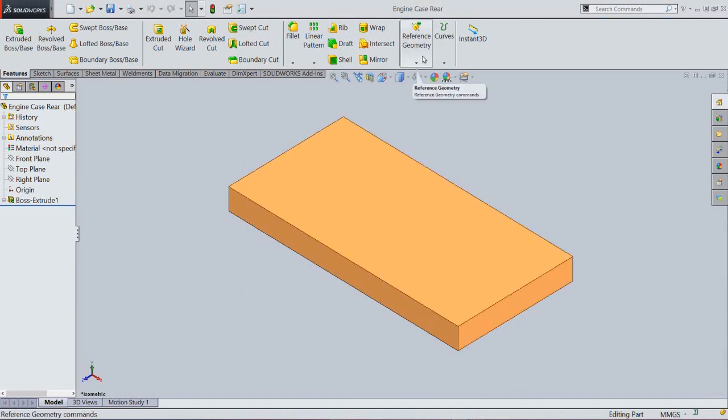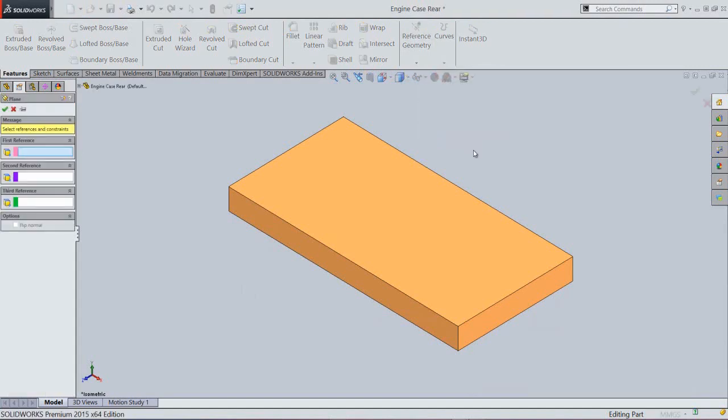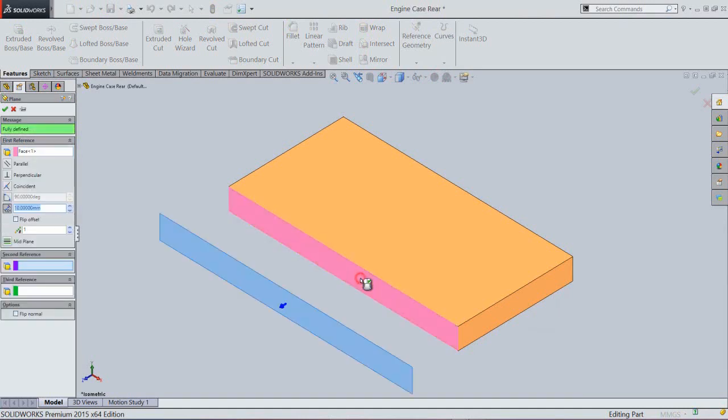Go to the reference geometry tab and activate the plane command. Select this face, OK, and set the offset distance value 3 mm. OK, alright.